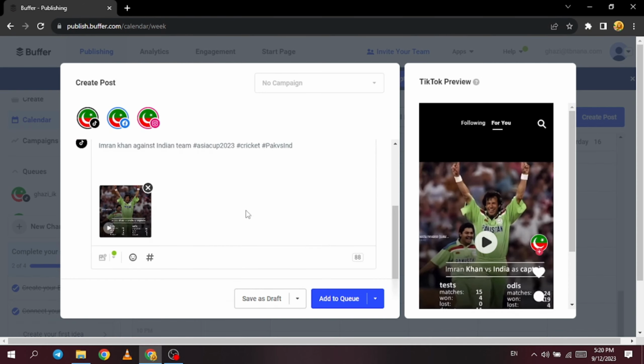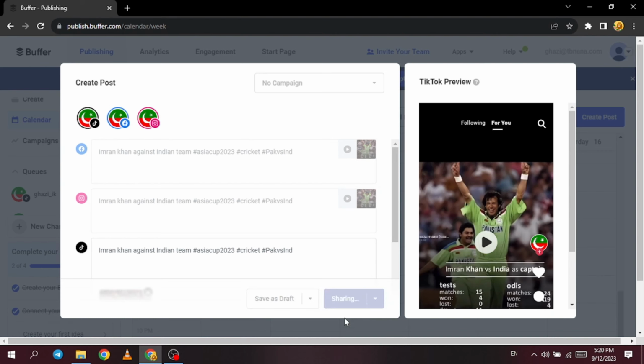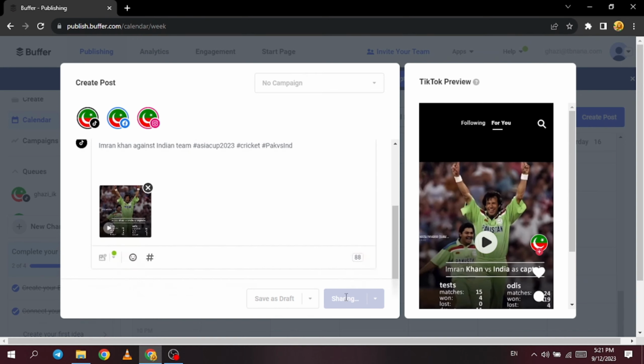You can also edit it for each channel. When you're done, just hit the Share Now button. There you go, your